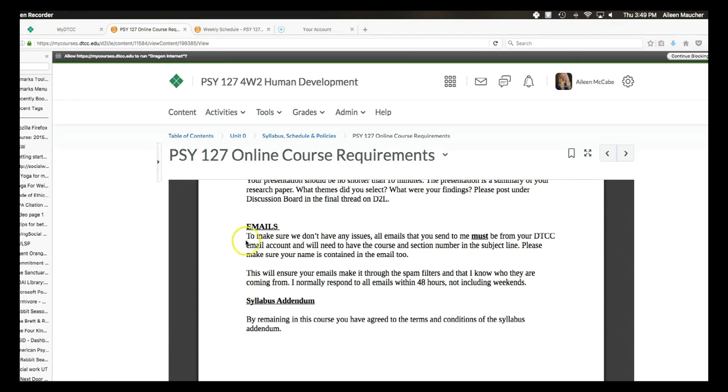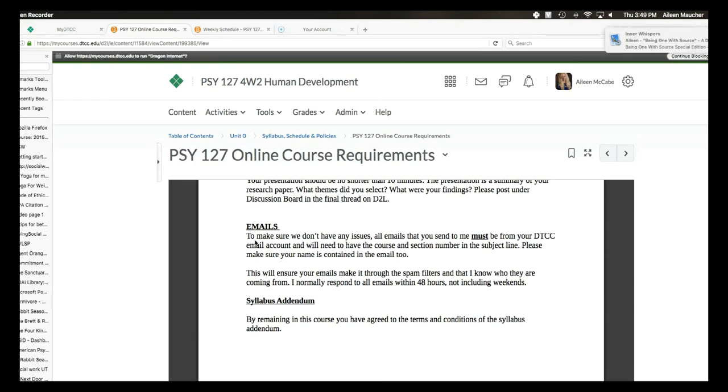And I just want to take a moment to go over our departmental policy with regard to emails here. So to make sure that we don't have any issues, that we're communicating with each other, all emails that you send to me must be from your Delaware Technical and Community College email account. I'd like you to please also put your course and your section number in the subject line, and to make sure that your name is also included somewhere in the email as well.